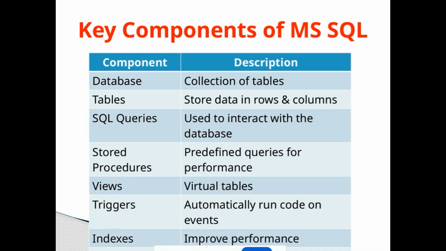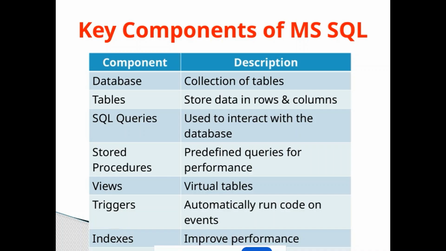Indexes are critical for improving database performance. They speed up data retrieval by creating quick lookup paths. Jobs, on the other hand, are scheduled tasks that run automatically at specified times, helping with maintenance or routine operations. All these components work together to make MS SQL a powerful tool for managing data efficiently and